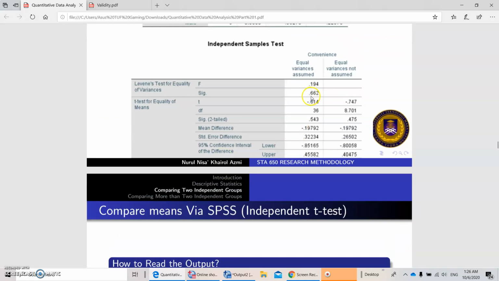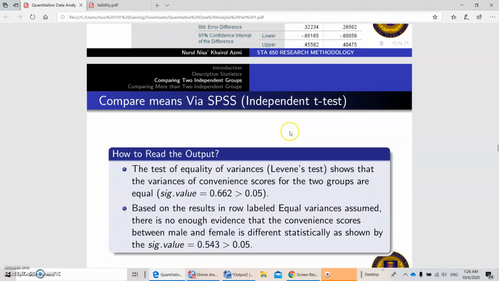0.662 is greater than 0.05. So we use this row to do the further analysis, where we assume that the variances for the two groups are equal.